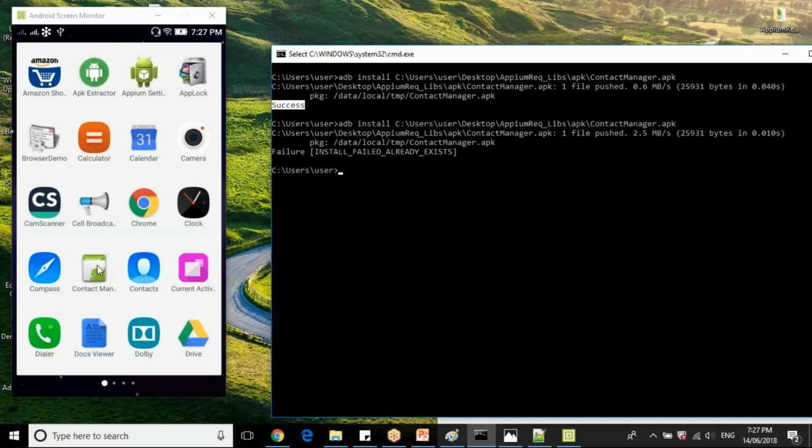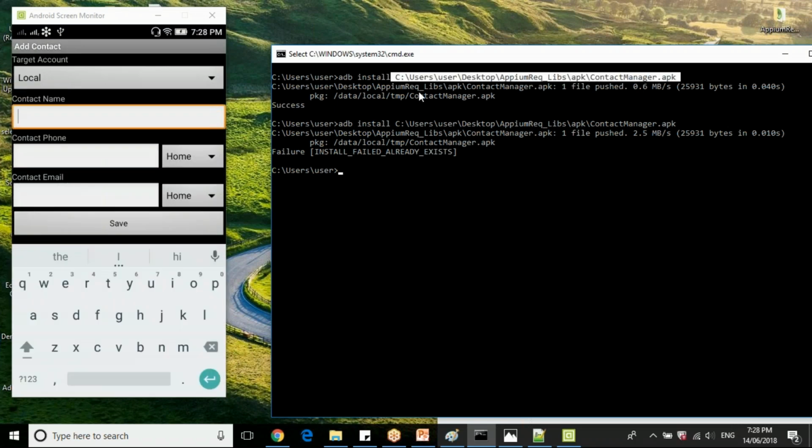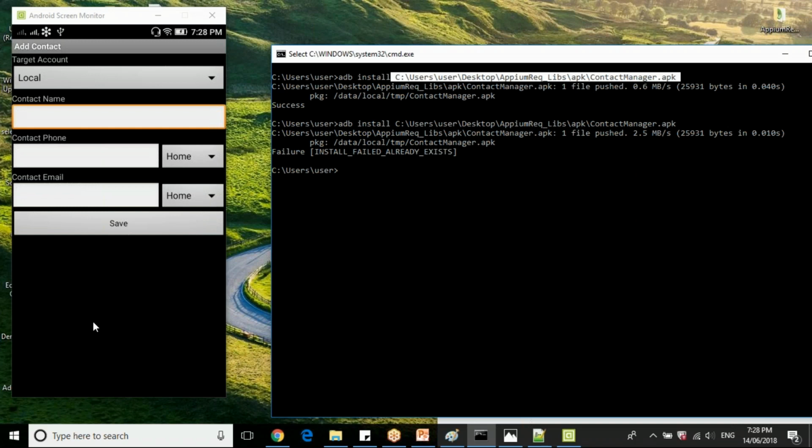So this application is developed by the developer, and I can use the install command, pass the APK file, and install it into this particular mobile device.